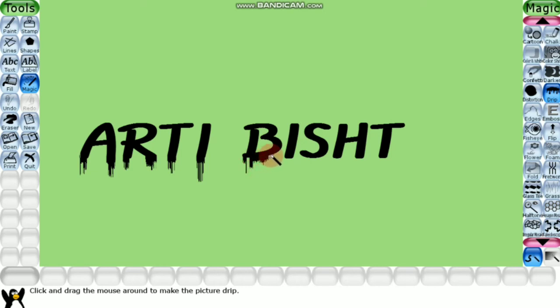It makes your text look a little creative. See, this is how you can do it. You can simply click, or you can drag your cursor as well, to use this particular effect. Fine, see, it is like paint is dripping, right? That's why it is called the dripping effect.